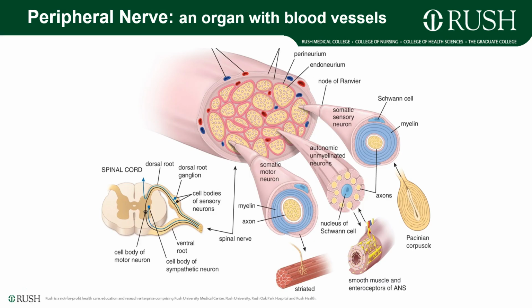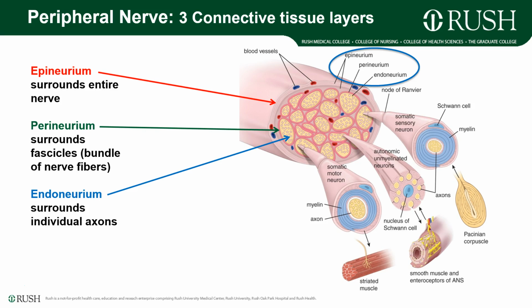So moving a little bit more in detail about the peripheral nerve itself, one thing to remember is that peripheral nerve is an organ by itself. So it has cells of the neuron component as well as connective tissue and blood vessels. So this diagram depicts that in an overview. So if you were to look at that in more detail, what we will be looking at in the lab,